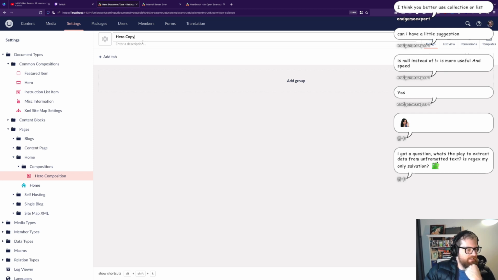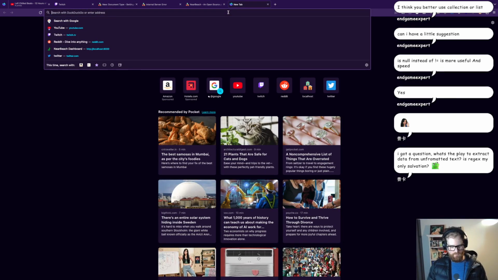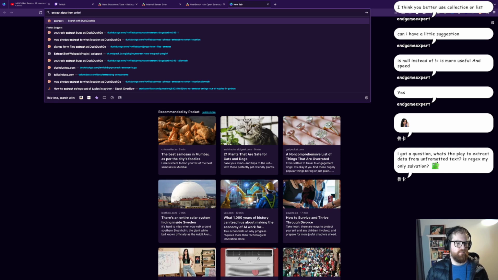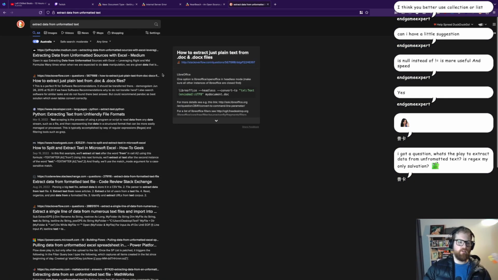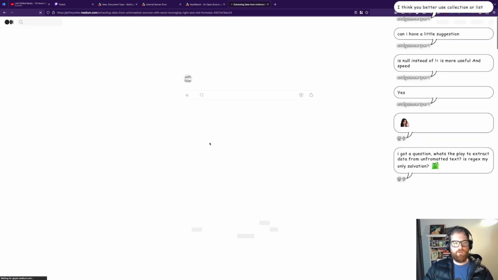However, if this is a programming thing, then yes, to my knowledge. However, if it's, so for example, extract data from unformatted text. You can use other tools too if it's not programming, for example, Excel. So you could,